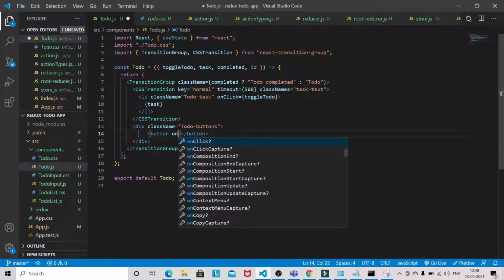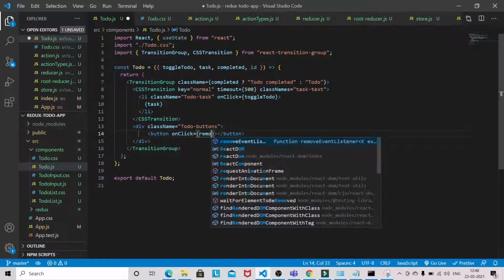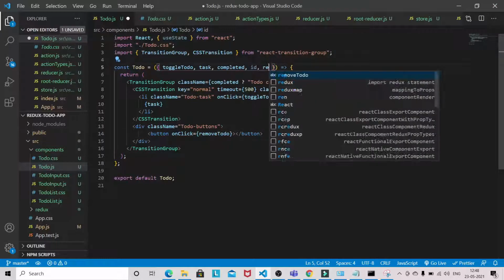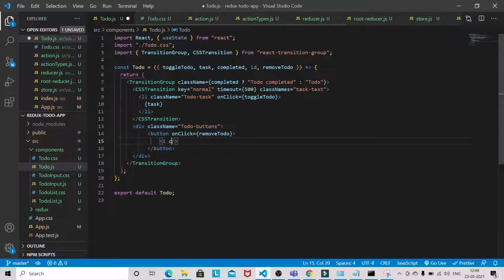This will be on click remove to-do. We will be getting this prop from our to-do list component. So remove to-do, and i class name fas fa-trash. So this will be our delete icon.